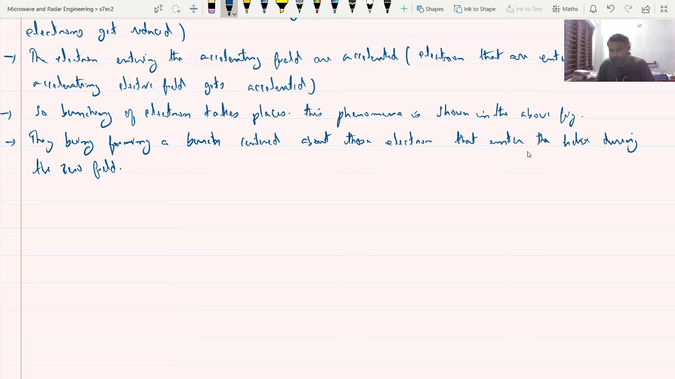The speed of the electron will be more than the wave velocity, so more number of electrons enter into the retarding field. What happens? These electrons which are entering the retarding field will transfer the energy to the electric field. So the electric field gets amplified. Now the electric field gives energy to the microwave signal voltage. So the voltage also gets amplified